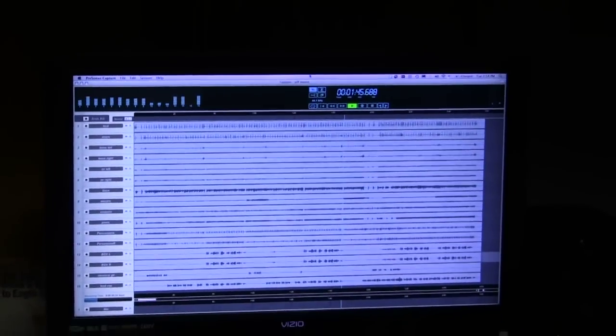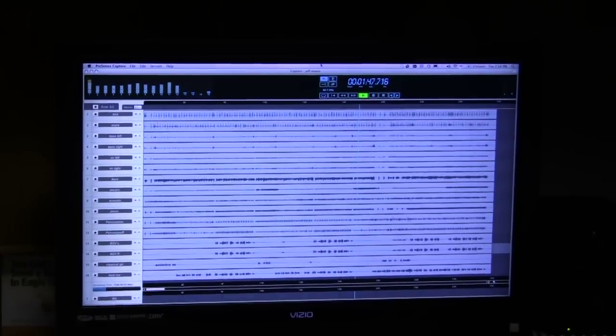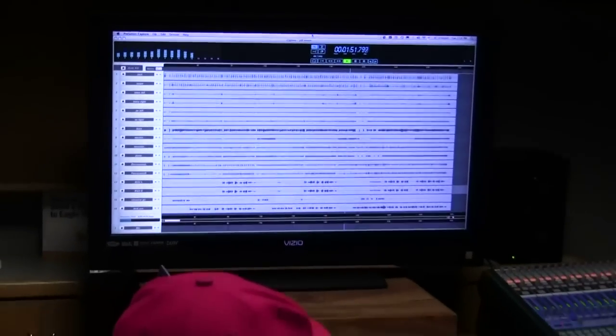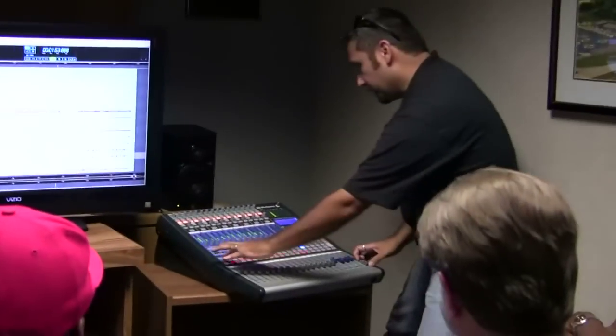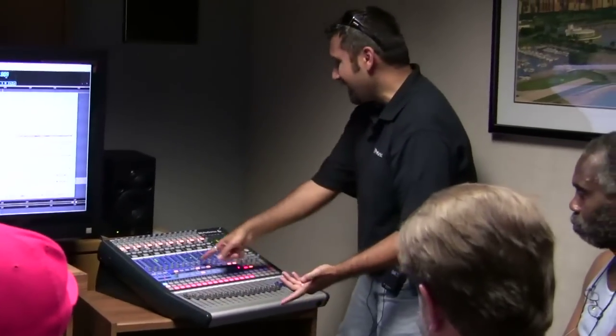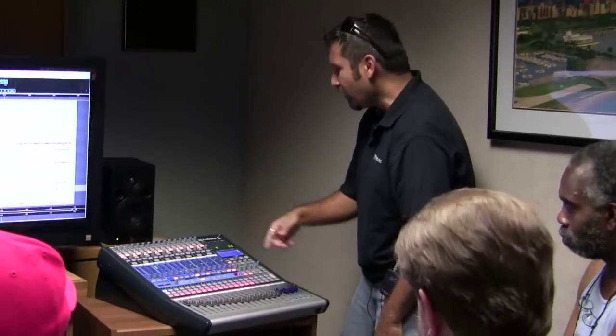Okay, so let's just go through and let me show you how the EQ and stuff works. Let's just get a quick mix going. So let's start with the kick drum. So I'll solo the kick. Okay, so we've got some stuff happening right now, but let me just load in a preset and let's just